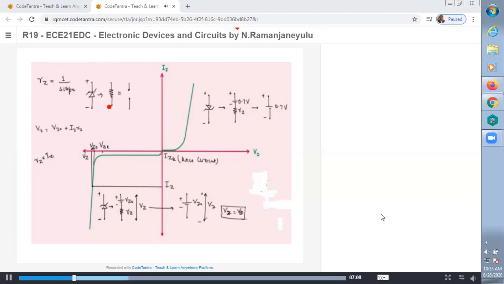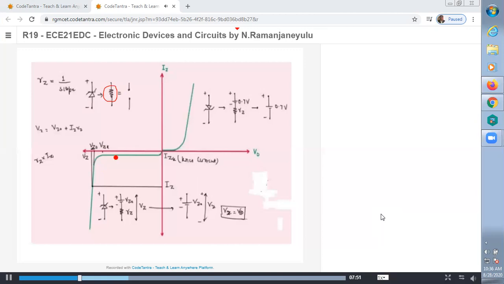Now in this case, what happened? The Zener diode is in reverse bias. The anode is connected to negative potential and the cathode to positive potential, and practically it will be replaced with a large resistor. In the ideal case, it will be an open circuit. Why? Because in the ideal case, for an open circuit the current is equal to 0. In practice, it is replaced with a very large resistor, which means the current is very, very small.